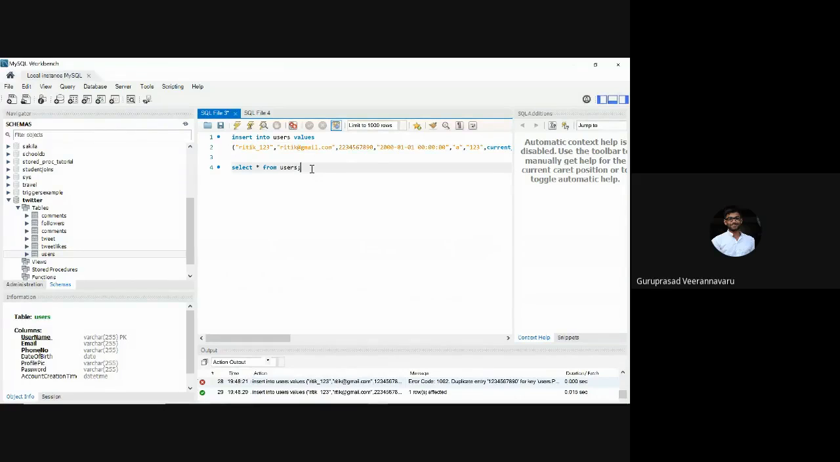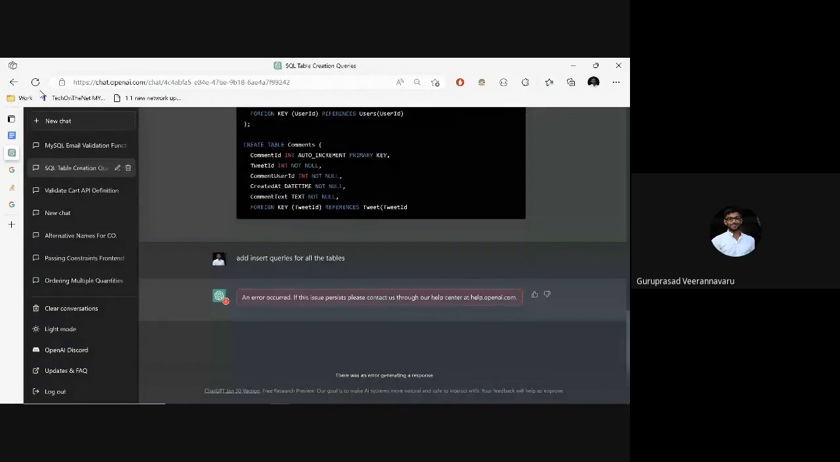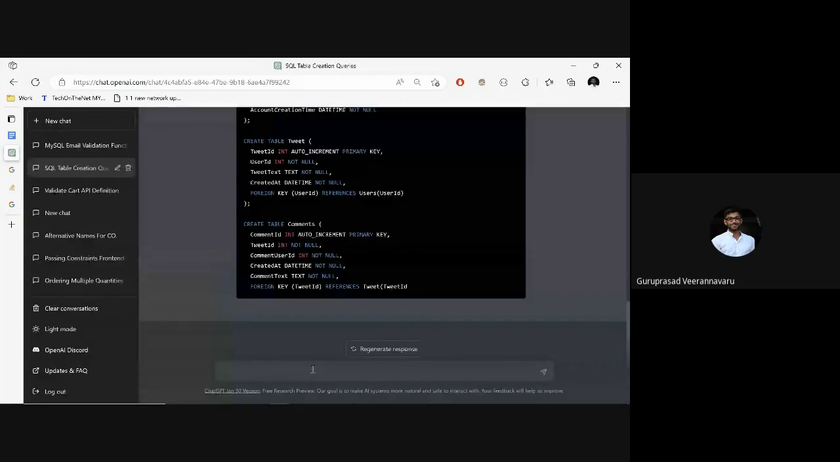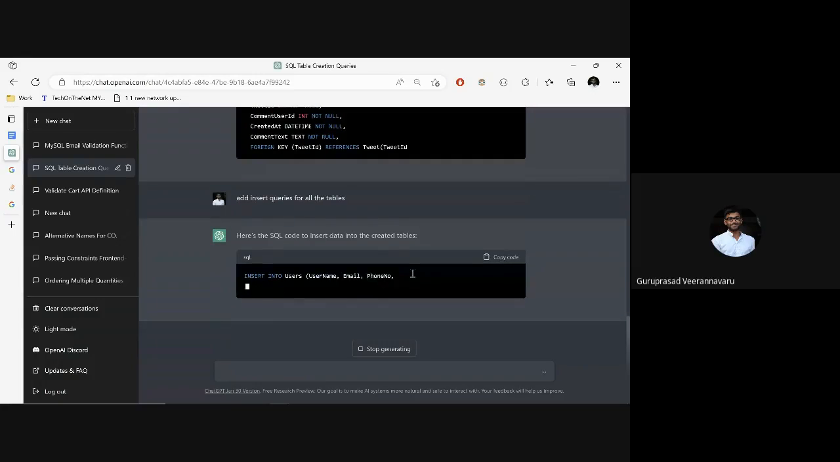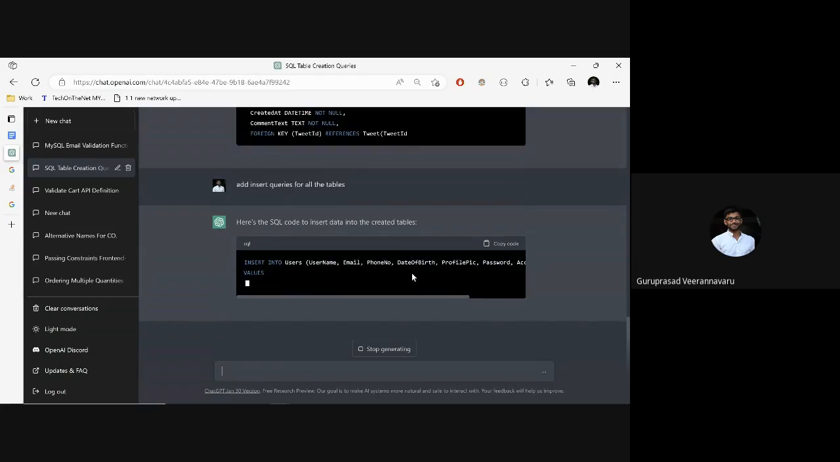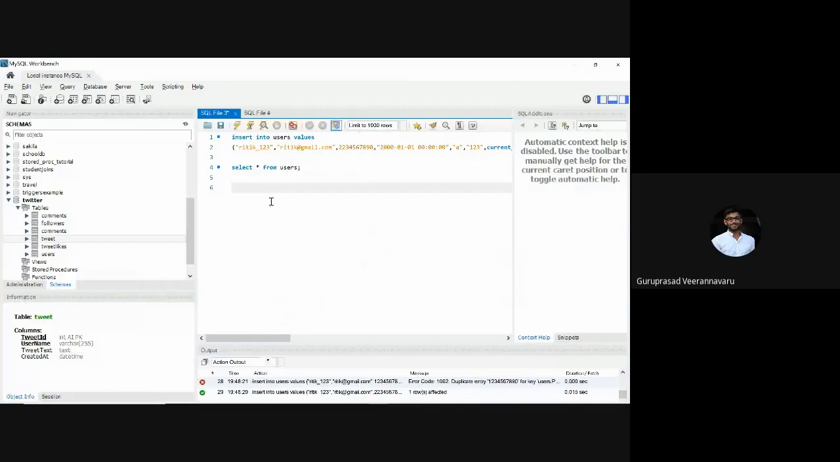So let's say now if I would want to do a post, somebody with the user ID only should do that post. See, if I have to tweet. Okay, should have worked. Adding insert queries for all of this is very tedious. So if I would want to create a tweet, so let's say